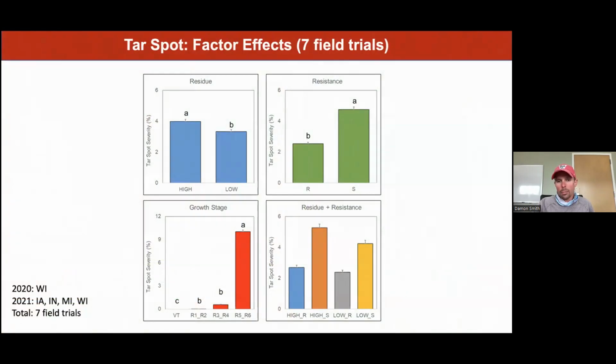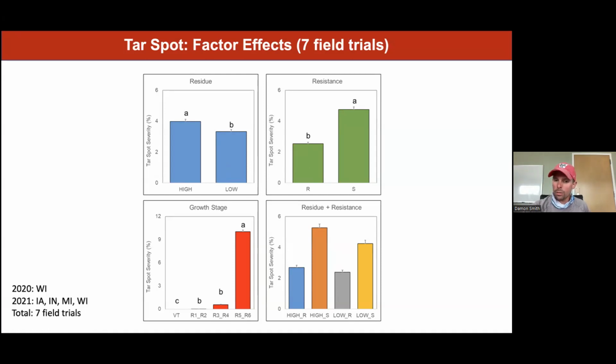We do need to talk a little about management. I've shown this before, where we have quite a bit of data now showing the effect of residue versus resistance. Yes, residue management can be somewhat helpful, although the spores can move a long distance. So even though you might take care of residue that is harboring inoculum in a particular field, you can still have spores move in from outside, and you can see high versus low residue situations. Yes, we can drop the severity of tar spot just a bit, but where we get the bigger drop is where we are taking advantage of partially resistant hybrids.